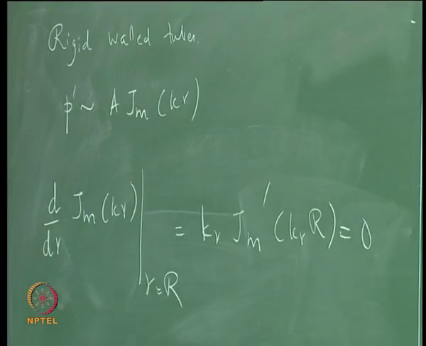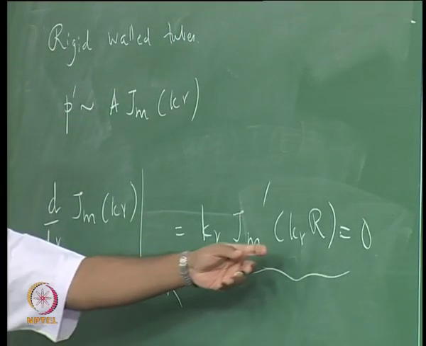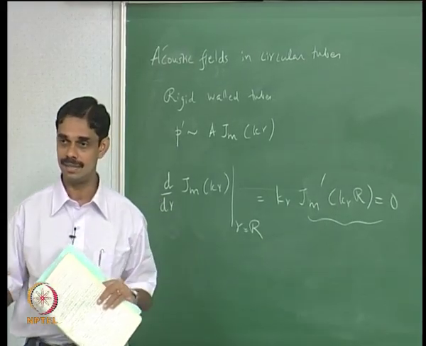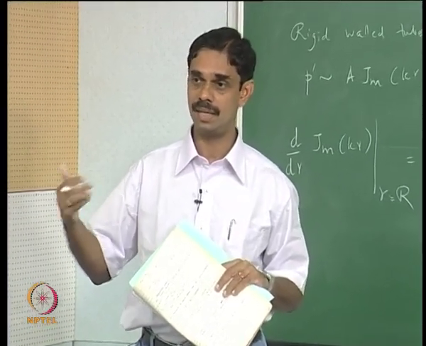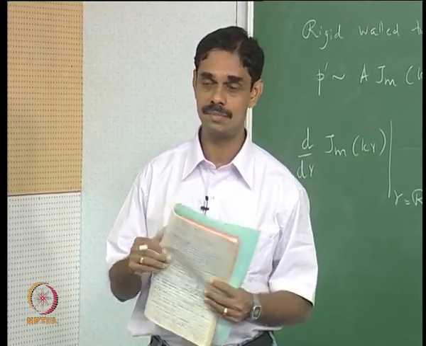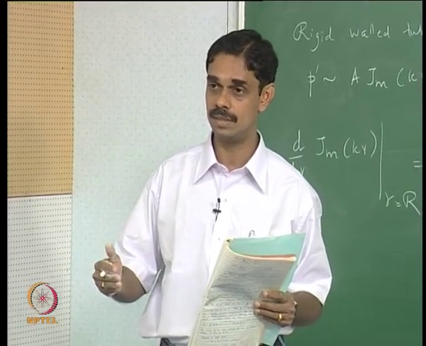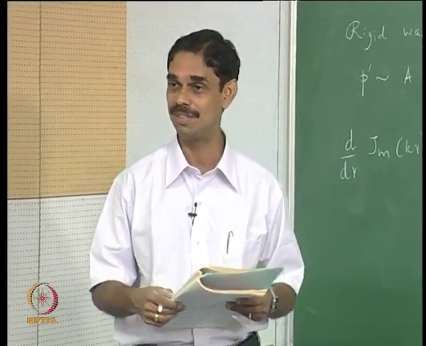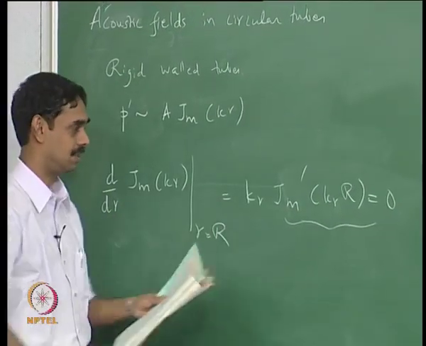So the roots of this equation will give the values of kR, and in sine and cos you have a simple relation, like if sin x is 0, then x can be 0, pi, 2 pi, 3 pi and so on. But we learned that the Bessel function has a very important characteristic about the roots. What is it? Yes, the roots of the Bessel function are not evenly spaced. So it is a big subject by itself. A lot of people do PhDs on roots of Bessel functions. We will not do a PhD, but we look at the first roots of this quantity.